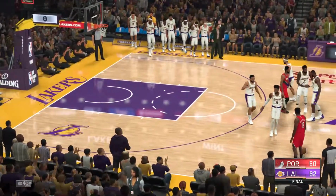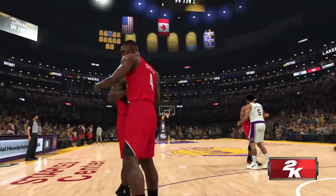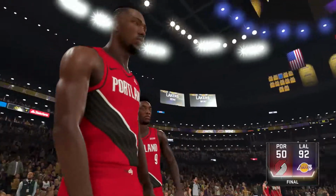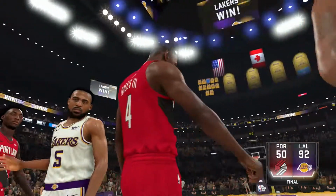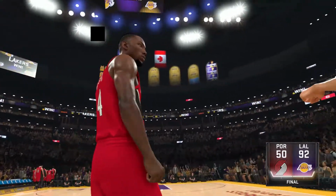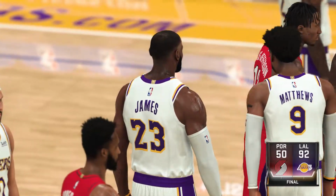Nothing soft about the putback there. And why chance it, right? Take the dunk if you've got it. Well, you know, if nobody's going to put a body on him, then that's going to be the result. And so it's the Lakers taking care of business here. They won this game going away. They were the better basketball team by far tonight. And you got to commend this sort of dominance